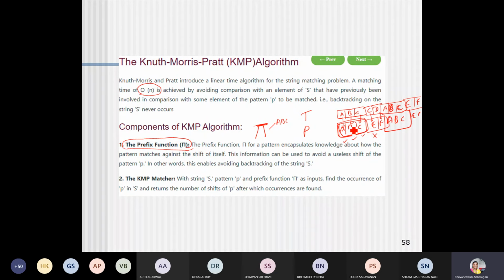Okay, it will not search, it will avoid this particular search itself because it is unwanted. It is taking much of my time. Instead, what it will do is this prefix function will look for, already I have ABC which is matched. Now I will look for whether ABC or AB, any such pattern is going to be available. That is the idea behind this prefix function, which encapsulates knowledge on how the pattern matches against